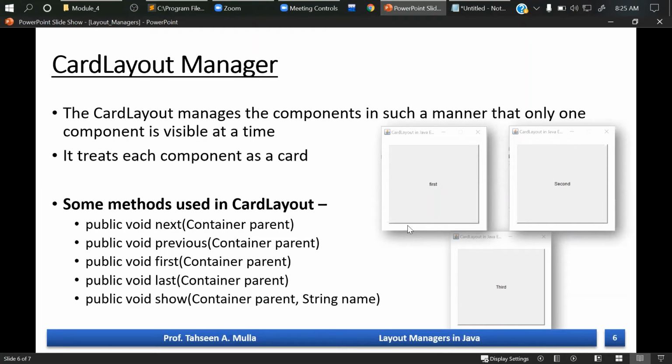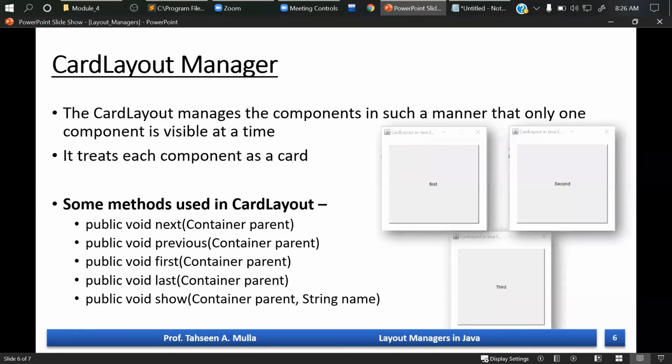A little bit of history, if I want to display about a country, I can put up here three buttons in the south region for any three countries. So if I click on it, I'll be getting a text area, or a simple label which describes what that country is about, right? And so on. There are many examples where you can use it. So in such a way, a card layout manager can help you to execute it.